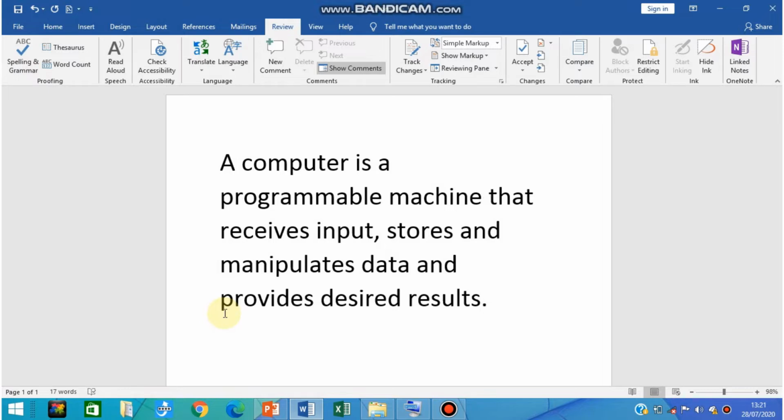A red line will be displayed under that. Now beside this document, a list will appear. From that list you have to select the correct word. If your word is already correct, then you can choose the Ignore Once option from the bottom part. So depending on your requirements, you can make the changes.